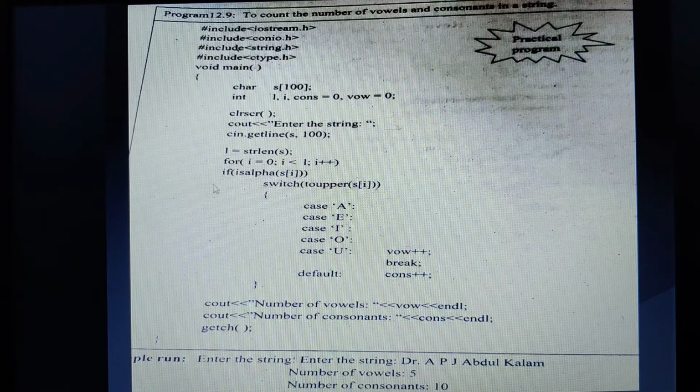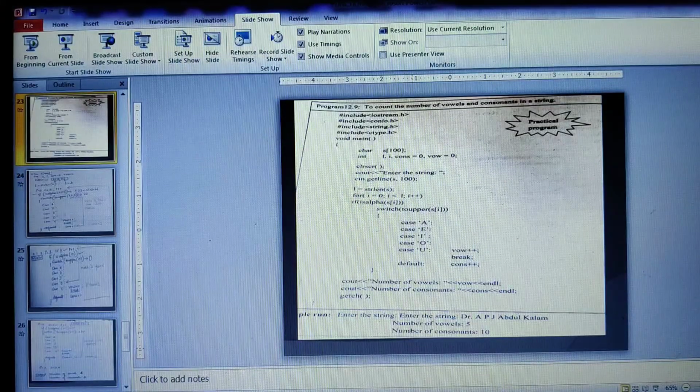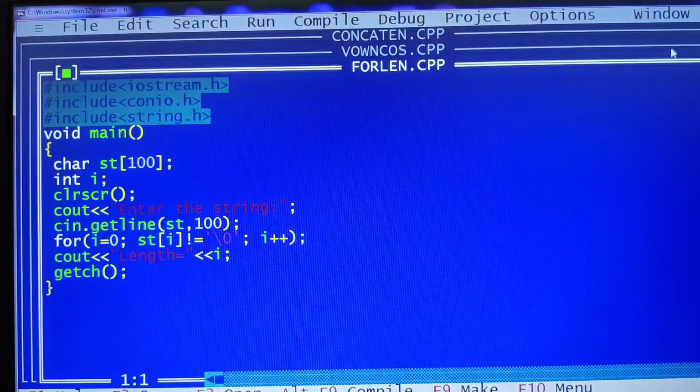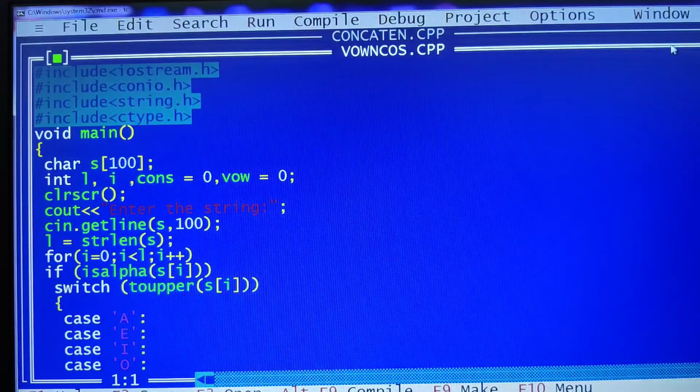Let us understand how this program actually works. Let me show it with an execution itself so that we can clearly have an idea. Here our string name is s.